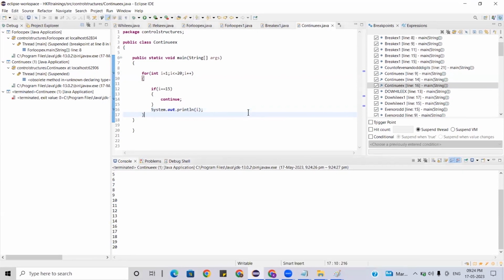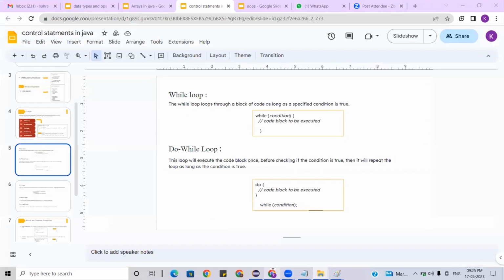So this is how break statements and continue statements work. These are the jumping statements. The name jumping statement itself tells you that it is jumping from the flow of execution of the given statements. Now, hope you understood what a break statement is, what a continue statement is, what a for loop is, a for each, a while loop, and a do while loop. So this is all we are